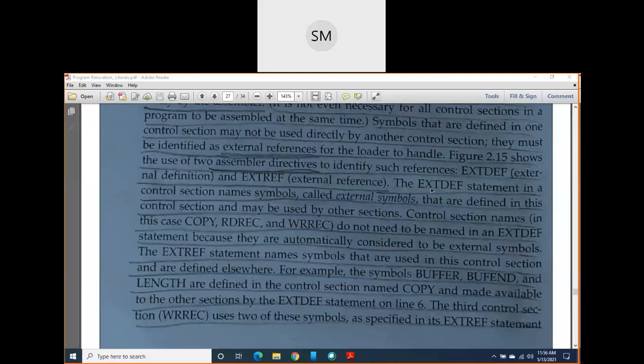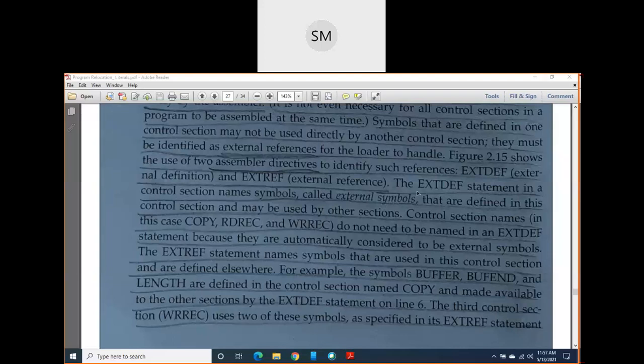But if I am an examiner in our own college, then I am the internal examiner. Similarly here, if the symbols are defined in control section number 1, then those symbols will be treated as external symbols for control section 2, control section 3 or some other control sections.